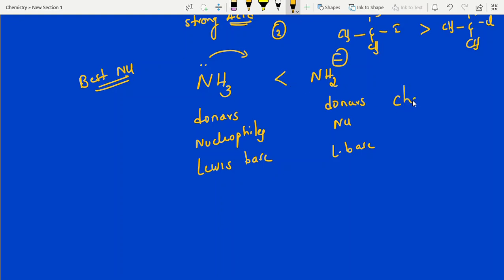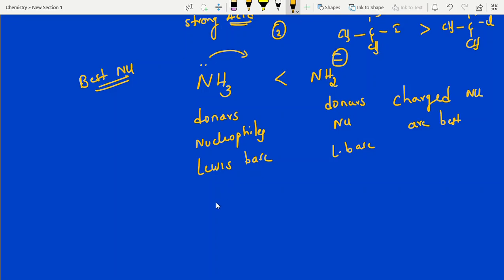Charged ones are best. Charged nucleophiles are the best nucleophiles because they are electron rich. Ions are nothing but more reactive, whether it is a carbocation or a carbanion. In ionic condition it will be more reactive. Why? Because it is in an unstable condition. To get stability, they lose or gain electrons. If an anion is there, it will give electrons to others and can stabilize, like that.